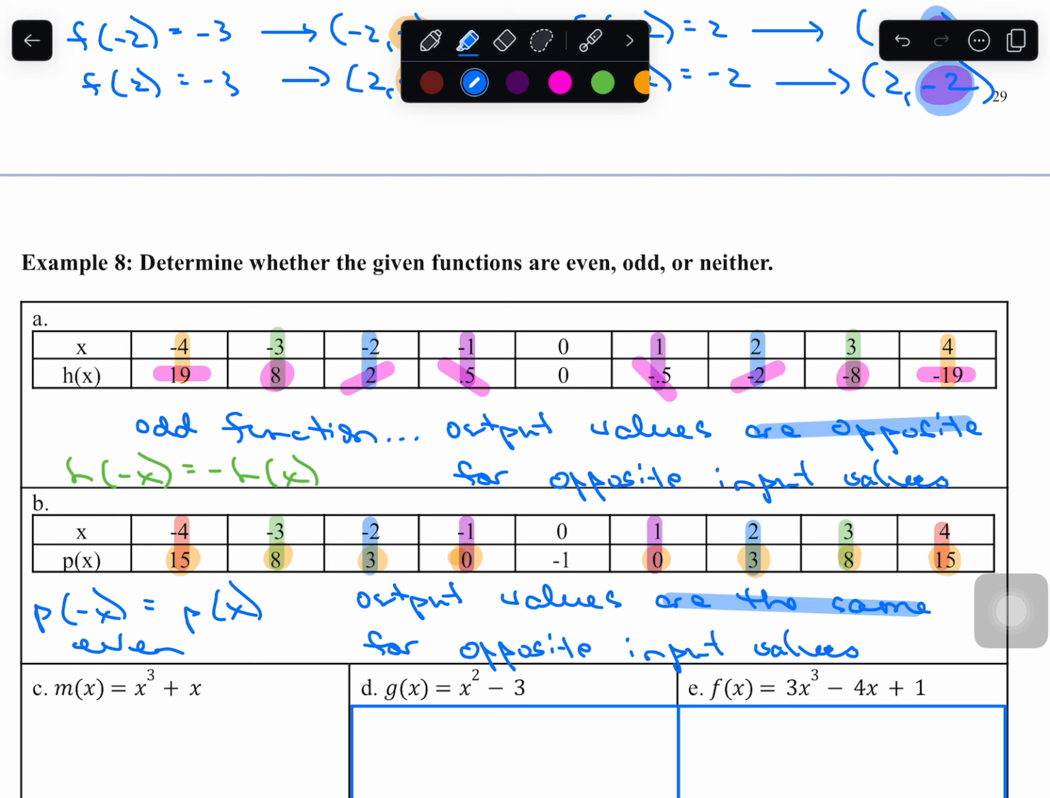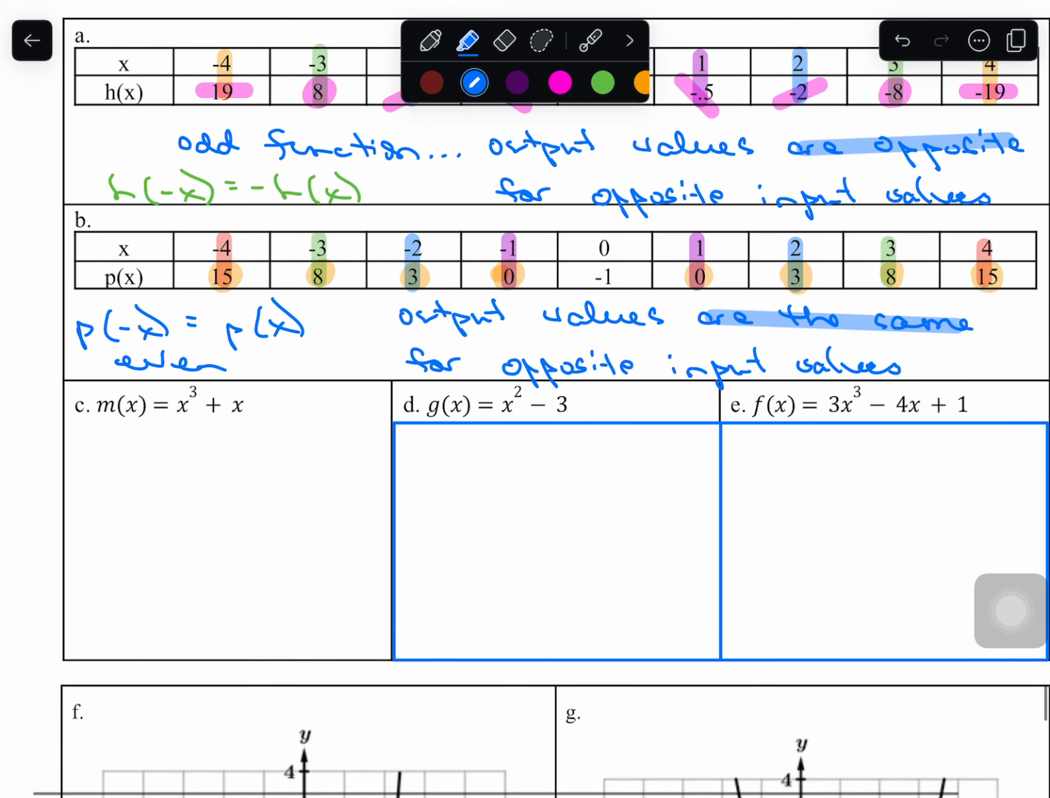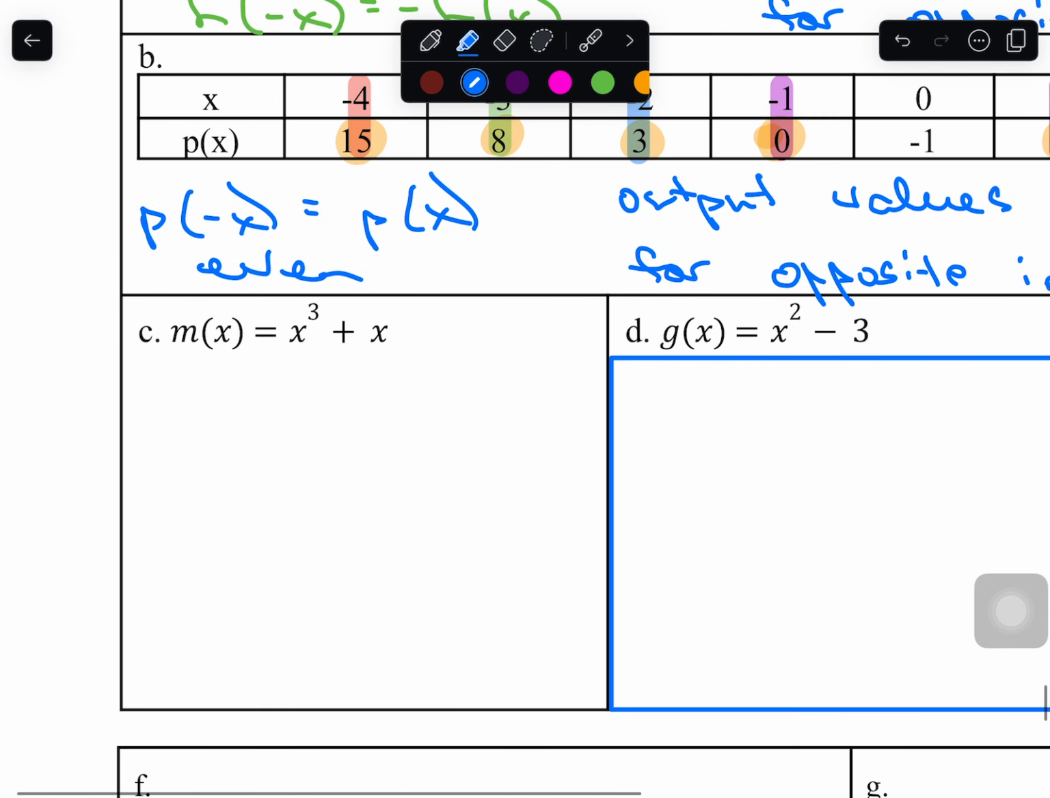Now let's take a look at equations because those get a little trickier because we have to do some simplifying. So first thing I have is m of x. Well, both of the definitions compare m of x to m of -x. So that's the first thing I'm going to do. I am going to find m of -x. Now remember, when we are evaluating,